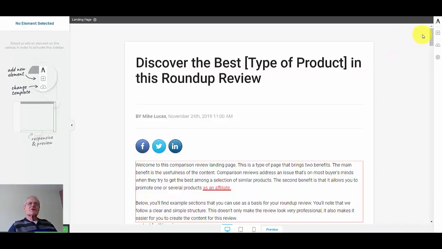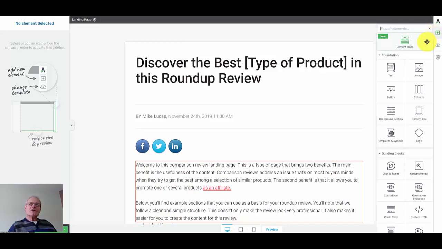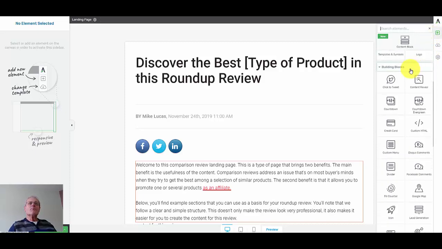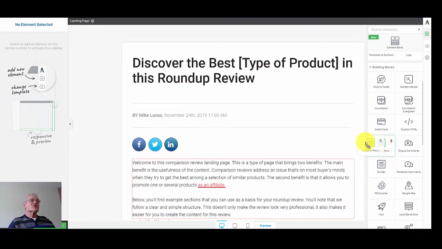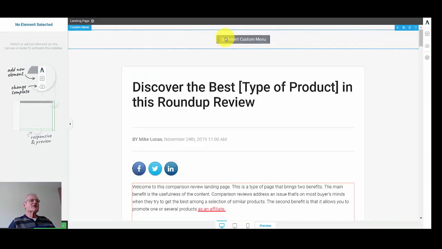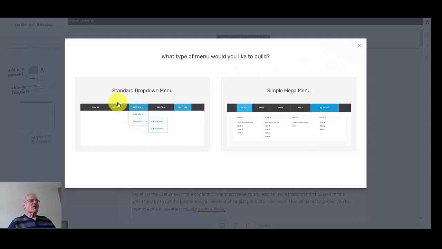Okay, so what we need to do is come over to the right hand side and select add an element. If we click on that, we need to scroll down to the building block section and we're going to select a custom menu. Click and drag that to the top of the page, and I'm going to select a standard drop down menu